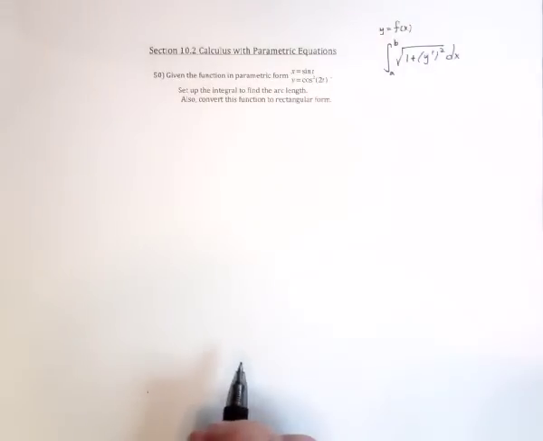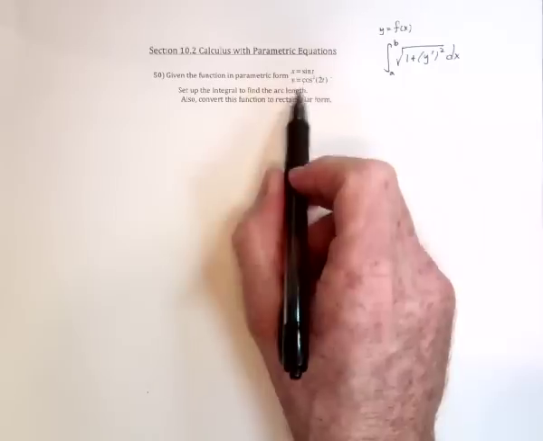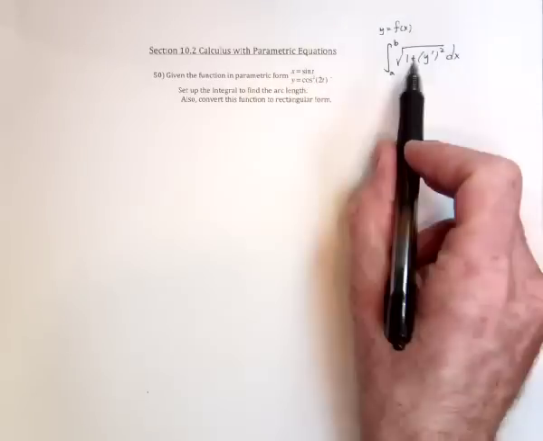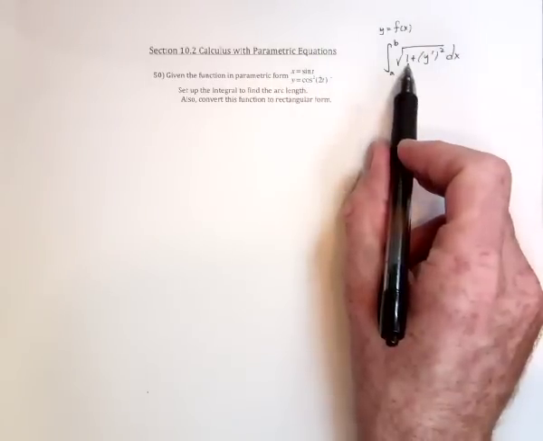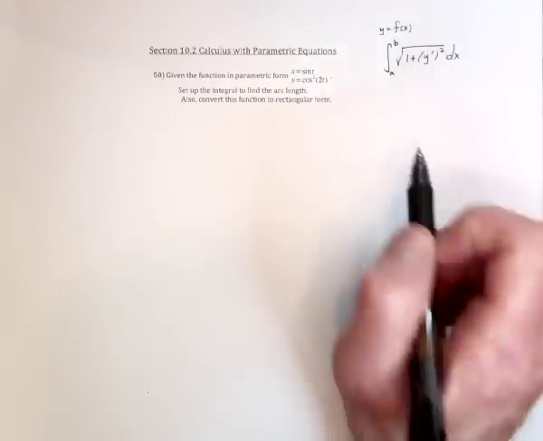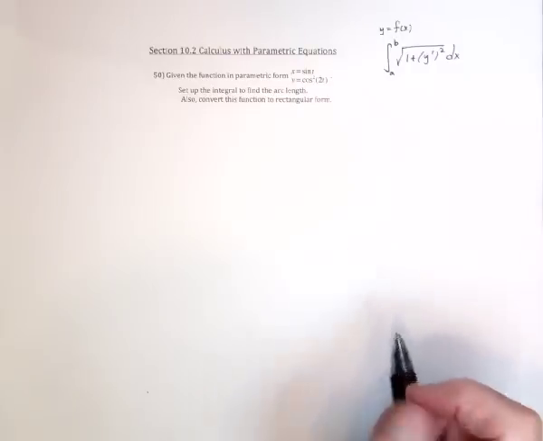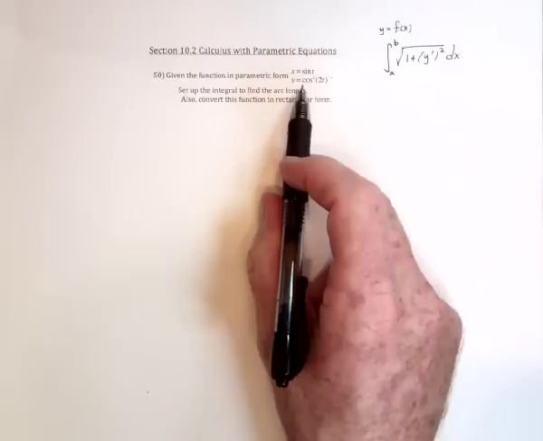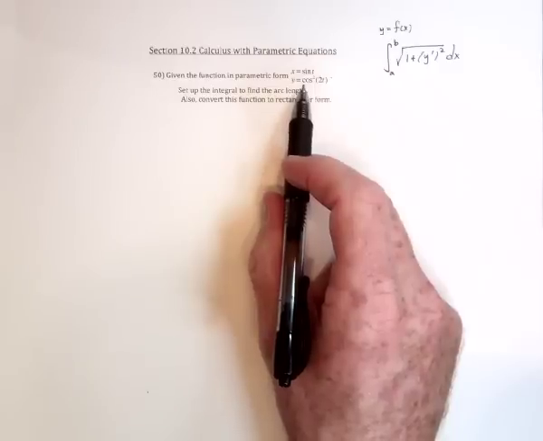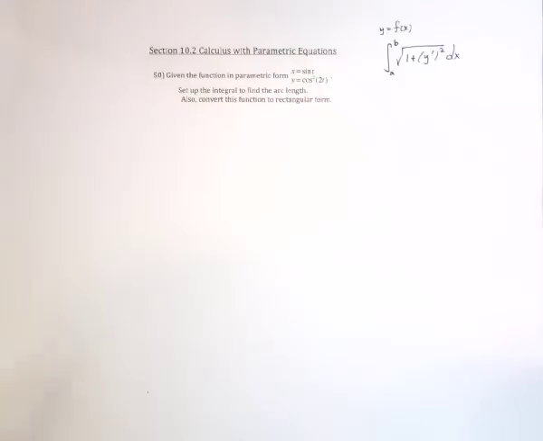Well, we don't have just y equals a function of x. We have x is a function of t and y is a function of t. So in here we're going to need both of those derivatives, squared and added together. We're also going to need to know what the interval is. Since these are trig functions, I have a feeling it's going to be from 0 to 2 pi, but there's